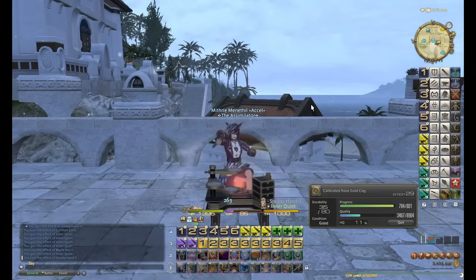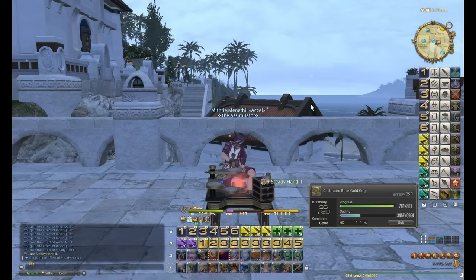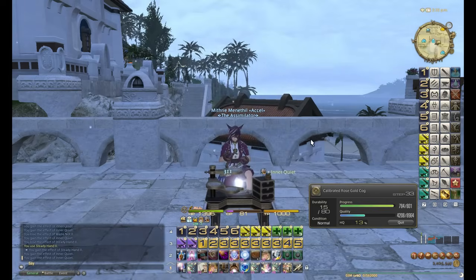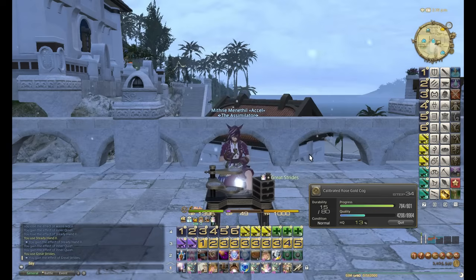Okay, so I'll hit Tricks of the Trade, conveniently timed, so Steady Hand 2. Spam Touch a couple more times. Okay, so I've got 10 stacks, I've got 2 moves left, which means it's enough for Great Strides of Byregot's and finishing off, so I can just try. So here we go. Great Strides. I have enough CP to do...